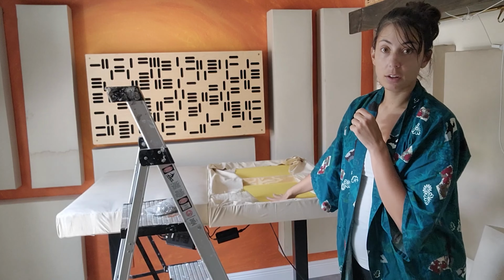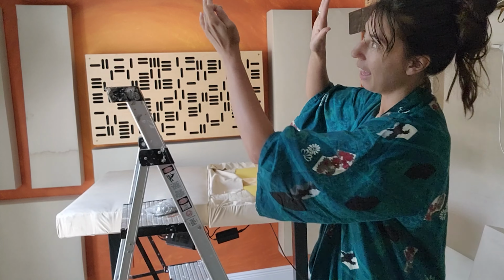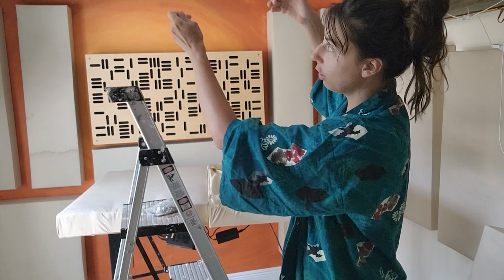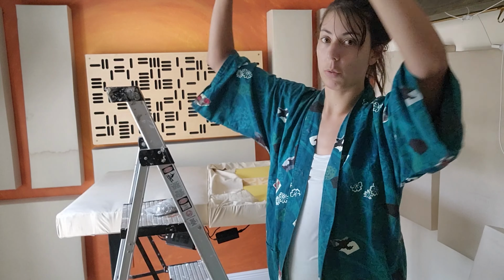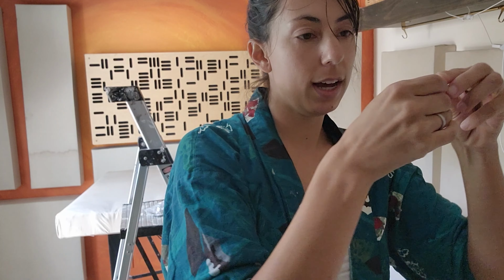This is the trickiest part for me, hanging these ceiling panels on the ceiling. It's difficult for me to gauge exactly where to put the hooks and the spacing in between them all while you're trying to hold something up, but this is where we're gonna start. This is a D-ring. I got a pack of 100 for 10 bucks on Amazon. I'm going to attach these